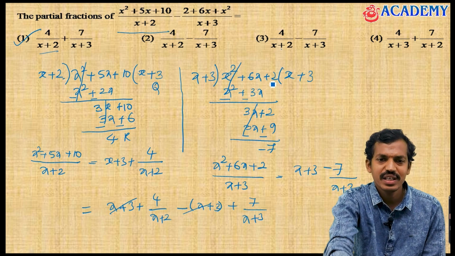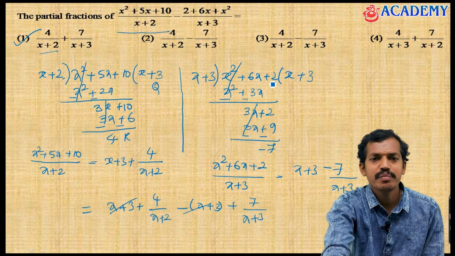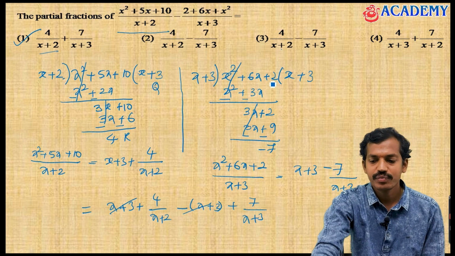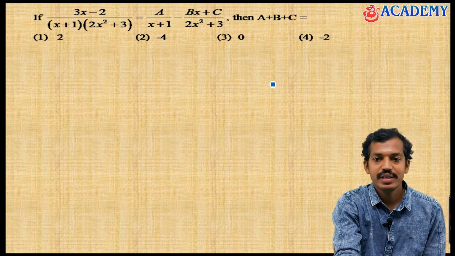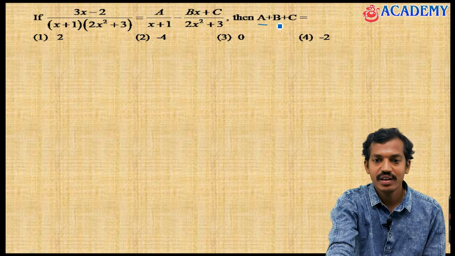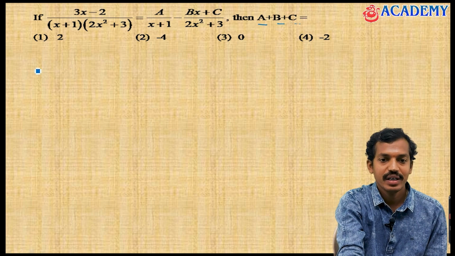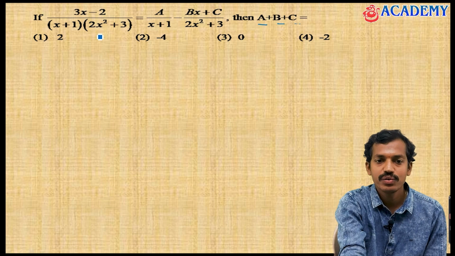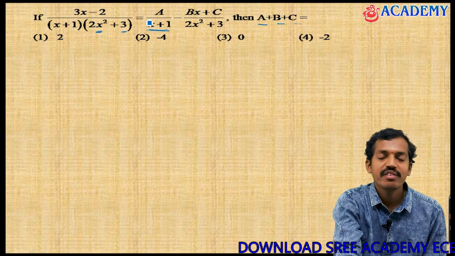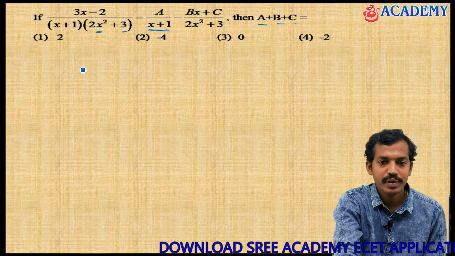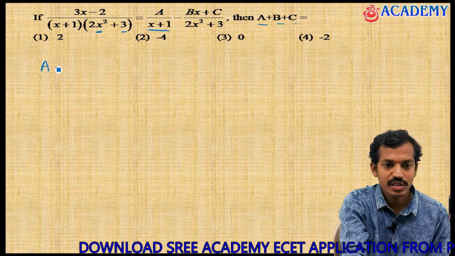What we did was, an improper function was given and we converted the improper function into a proper one. The problem here is asking us to find the value of a, b and c. We already learned how to do these problems in the partial fraction topic. Here a quadratic function is given, and whatever may be there, the linear factor is there. For a linear factor we use our shortcut, the cover-up method.